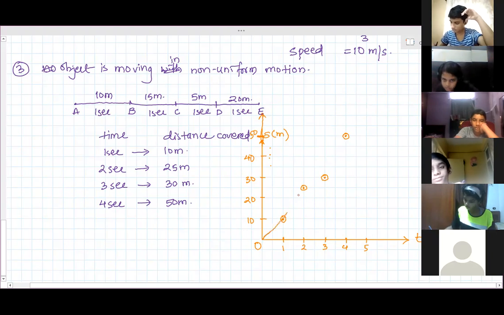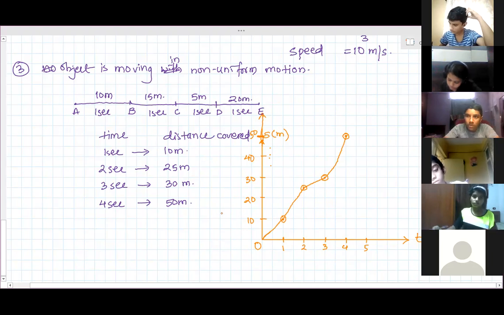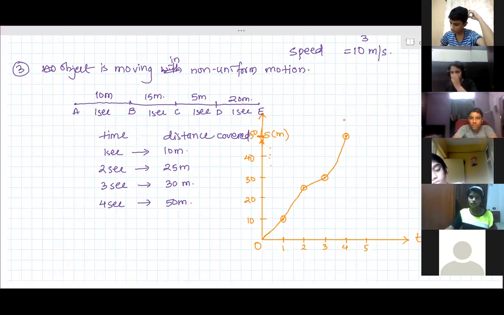Like this, moving this way, and it is going like this. So here it is a curved line, you will get it. It will not be a straight line. Okay, but it is always an increasing curve. It won't happen that it decreases and then increases. Because as time goes on, the distance covered keeps increasing. It won't decrease. It always goes upward, but that slope, inclination won't be constant.